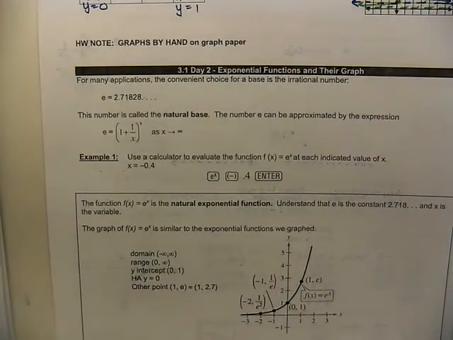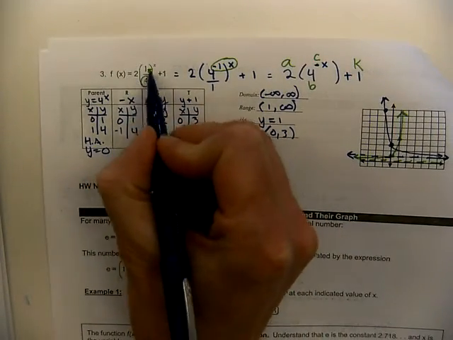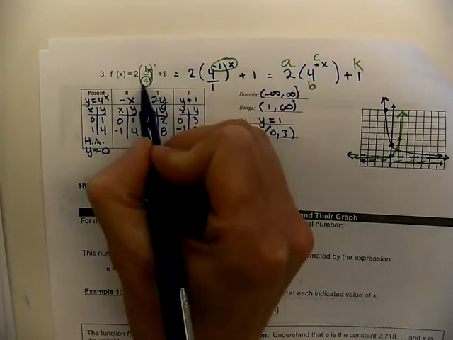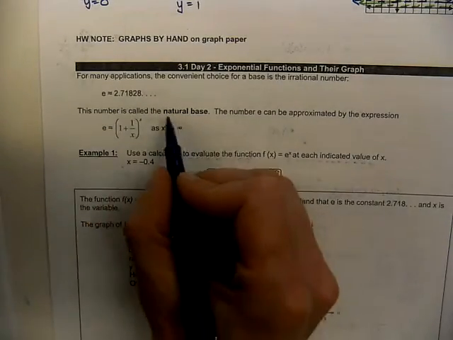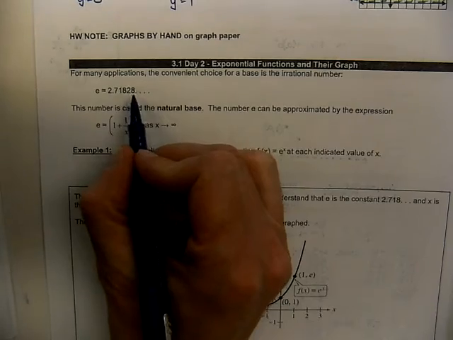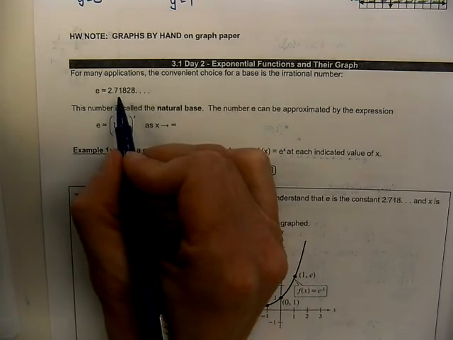Today we are continuing our work with exponential graphs, and in the past we were looking at bases that were either integers, or here we have a rational number like 1/4. Now we're introducing a new base called e, and we call it the natural base. It's an irrational number, so the decimal goes on forever without any repeating or any termination,